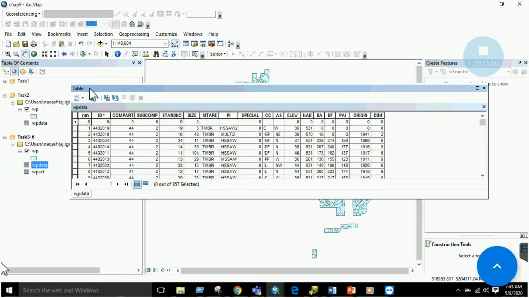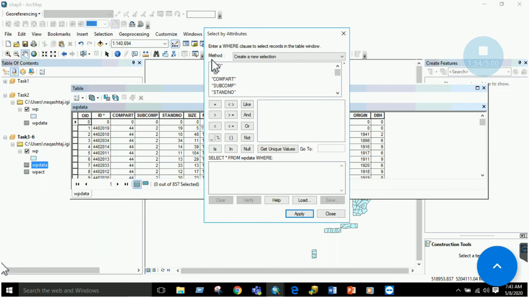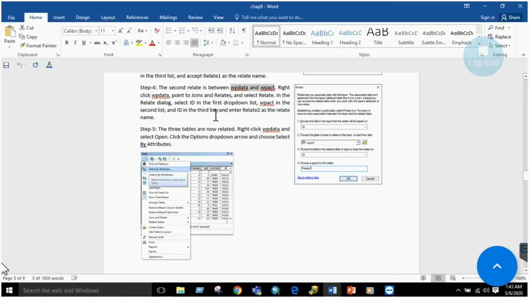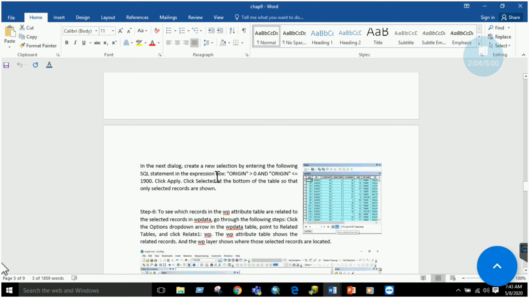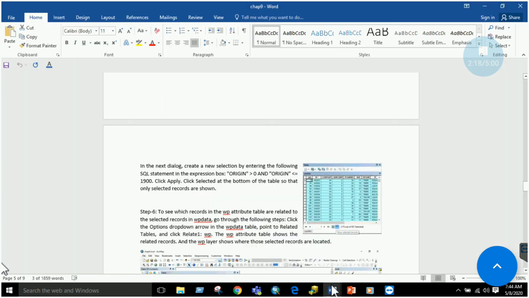In ArcMap, go to select by attributes. Here you have SQL query. If you follow the word file, it says that you have to select origin greater than 0 and origin less than 1900, right? So here we have an origin field, so it should be greater than 0.